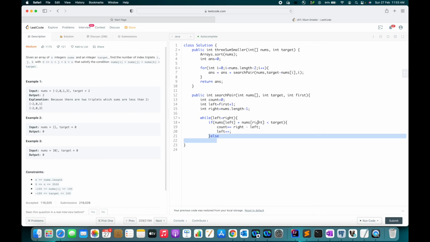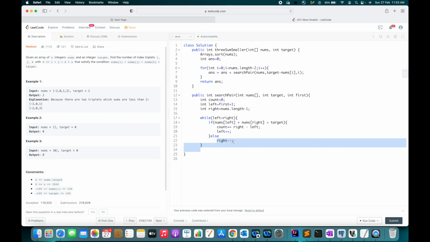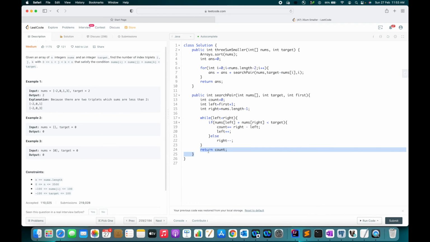Now if the sum of left and right pointer is not smaller than the target, that means we have to decrement our right pointer, because since the array is sorted, we need to find a smaller number now. So right minus minus, and once the while loop is completed, we will simply return the count. Let us run the code now,